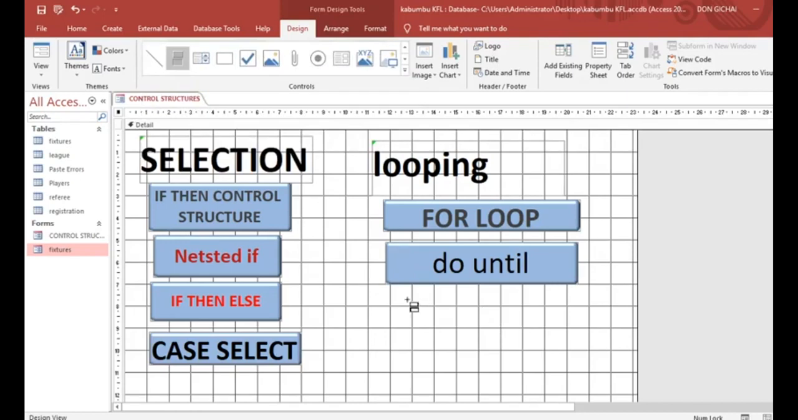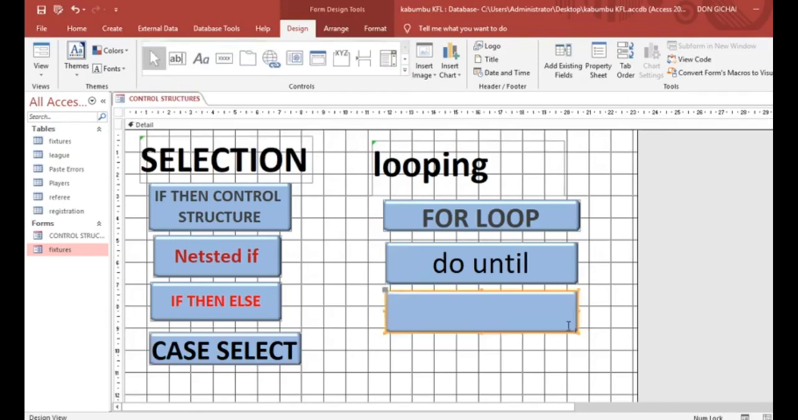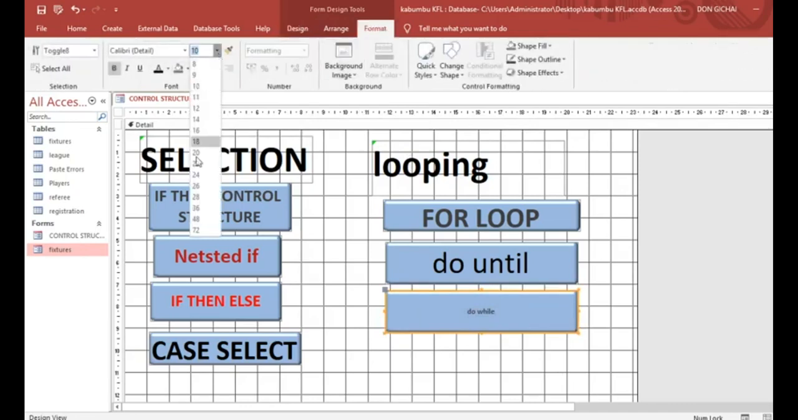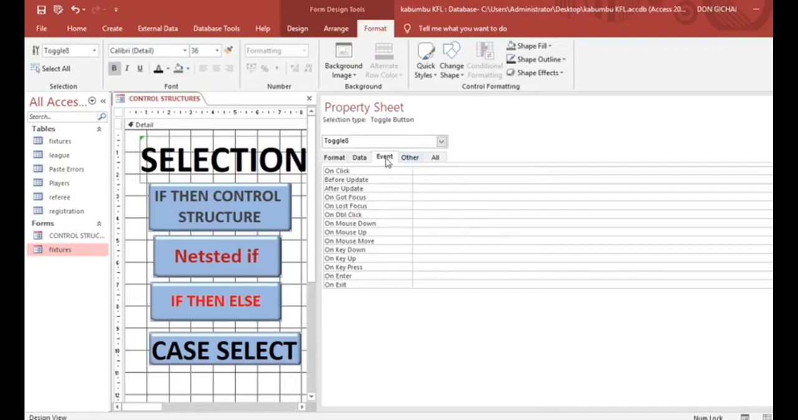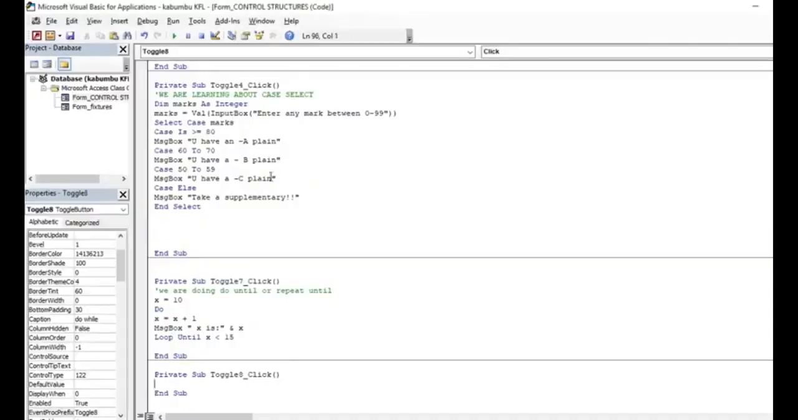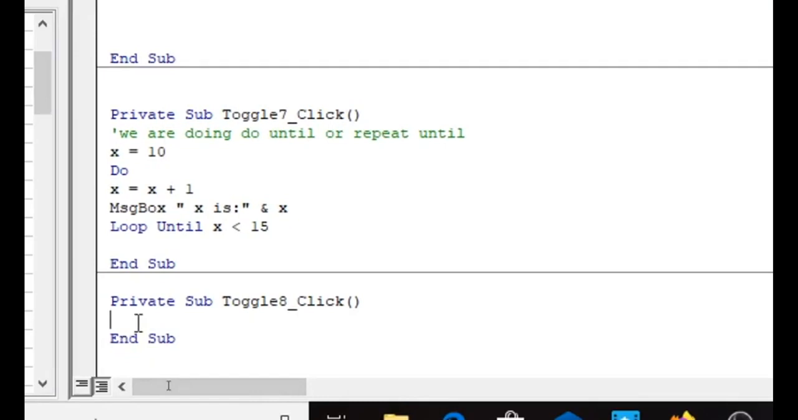Go to this button here, draw. Then this time around we are actually doing the while loop, do while. Therefore, this is do while, and therefore do while goes like we are going to see. Therefore, just do as we are doing to the others. Right click, properties, then go to event on click, then you hit this button. Then we can zoom and see what we have. Therefore, start by